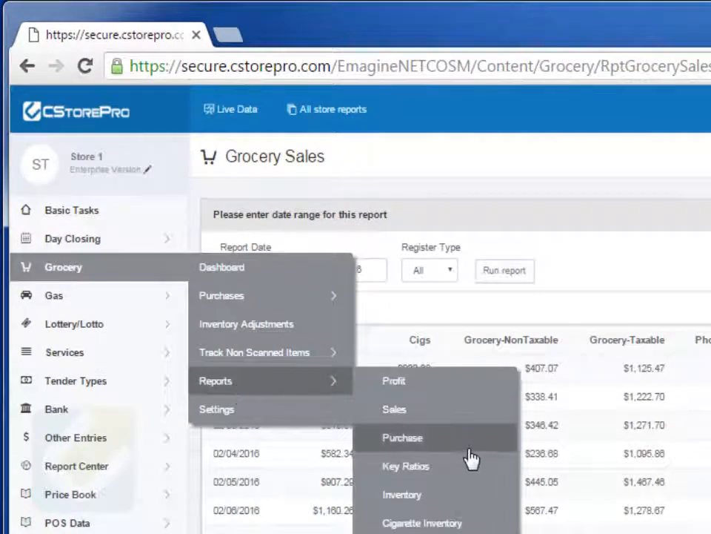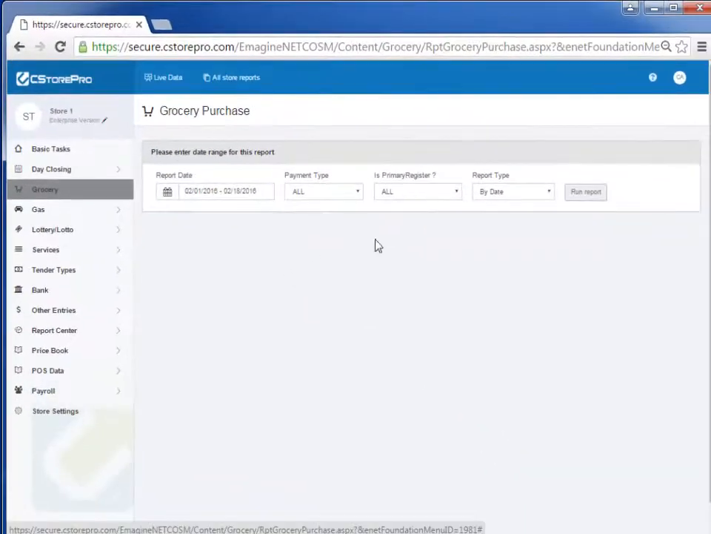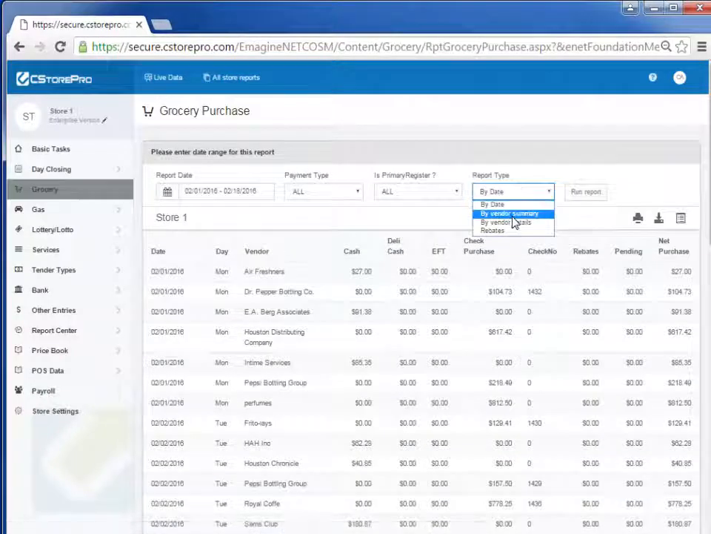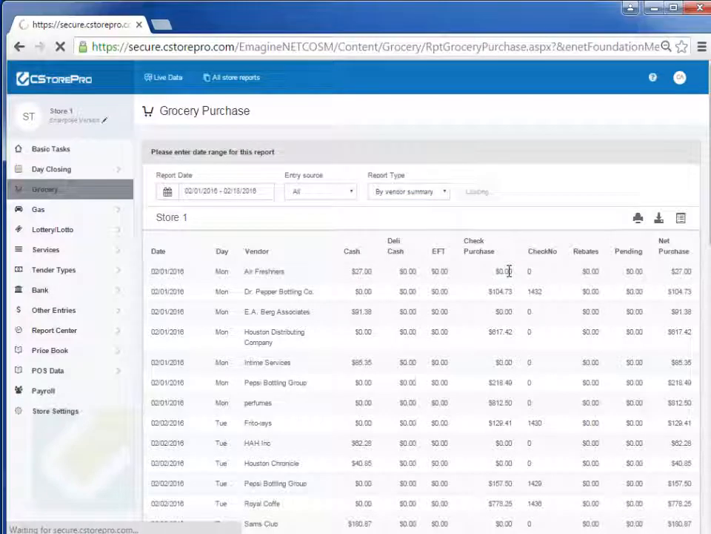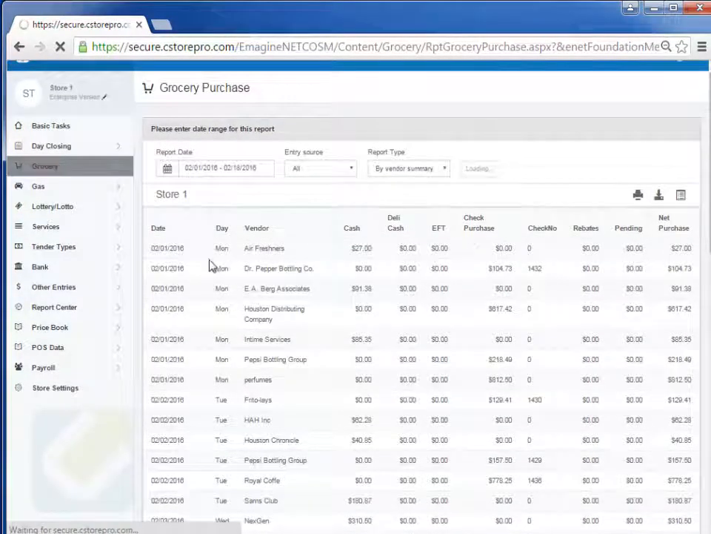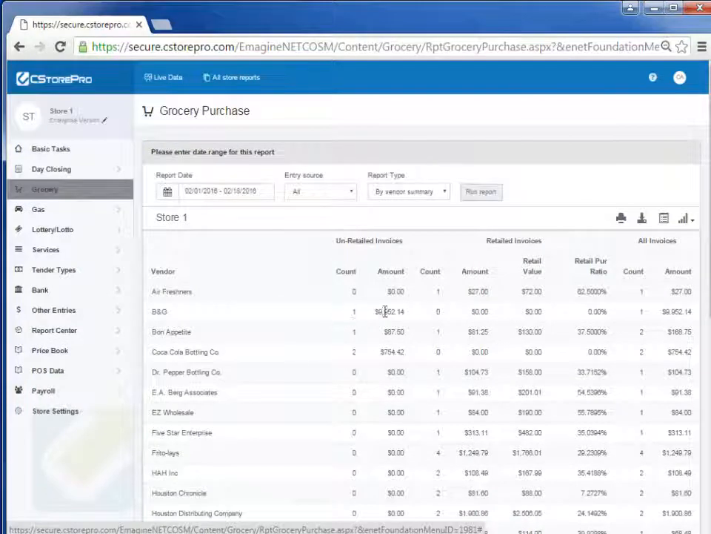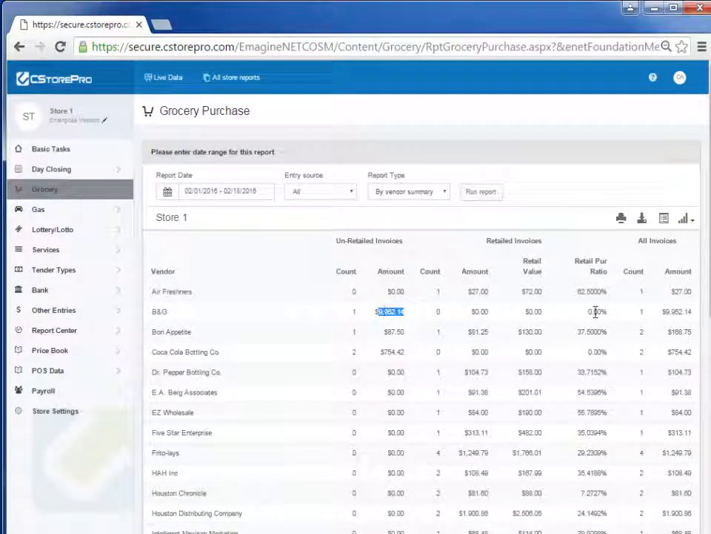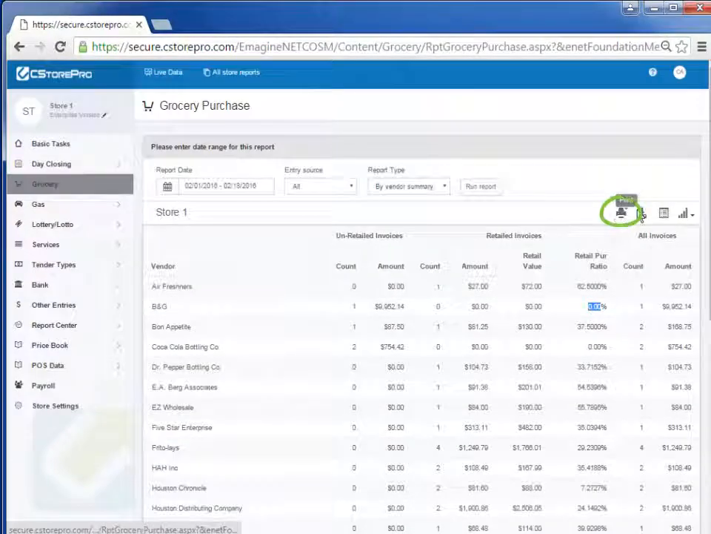You can also come in here and look at all your purchases. Now for the purchase element, you can look at it day by day. You can look at a vendor summary where it will run the report for you for a particular vendor. Now this report does take a little while to generate, so you have to be patient sometimes. And once this report generates, you'll basically be able to see the vendor, how much you purchased, what the retail value was for that vendor. So for example, here it tells you how much you purchased from this vendor, what the ratios are, etc. Right? So it gives you all of that information, and you can print this out as well as export it